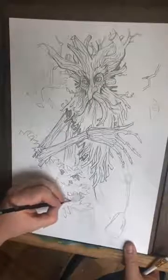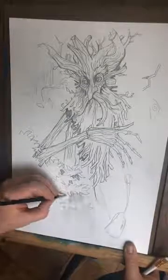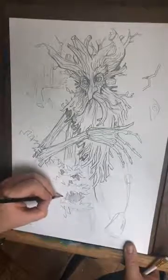So I'll shadow all of this. And as long as you do this thing where you have light, dark, light, you're able to have them be